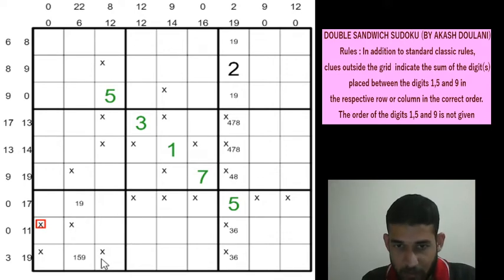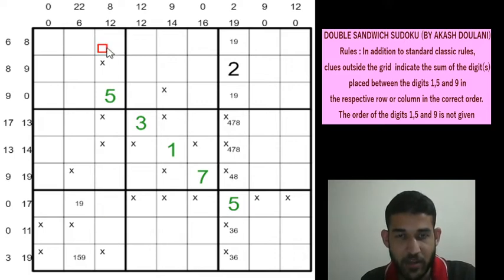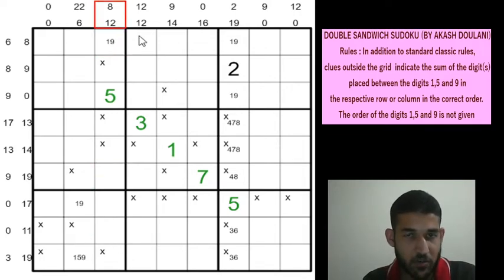Okay, the moment we marked an X in row 9 column 3, it shows us that this 12 total cannot be satisfied by using 1 and 9 both in these cells, right? Because 12 will require at least 2 digits. So that shows us that 1 and 9 has to be in row 1 column 3, right? Because if you don't have it here, then 1 and 9 will go here and 1 and 9 will go here. You won't be able to satisfy the 12 total.